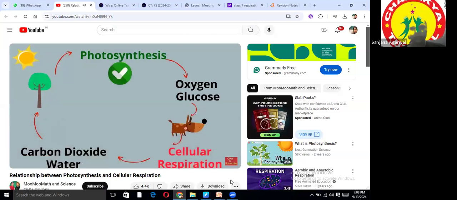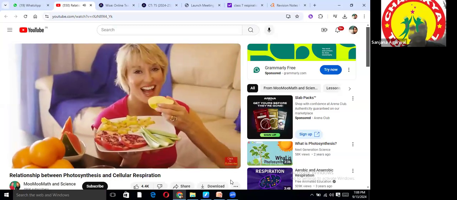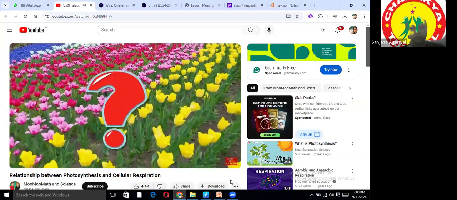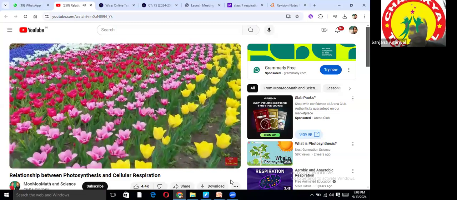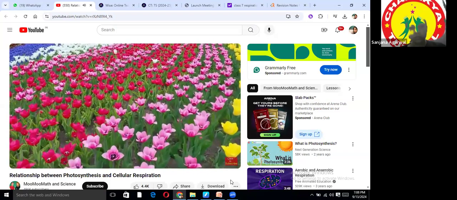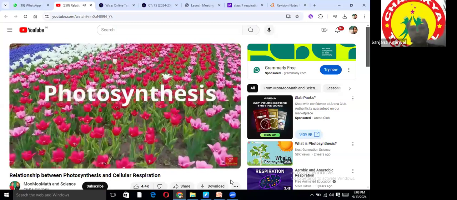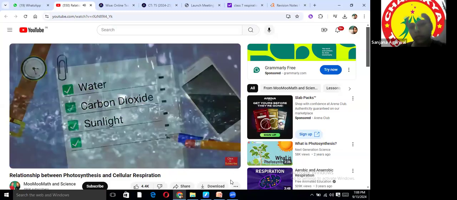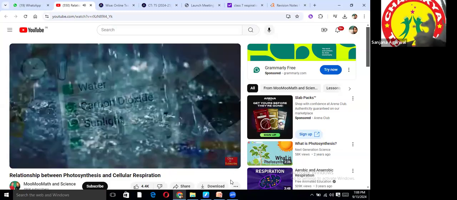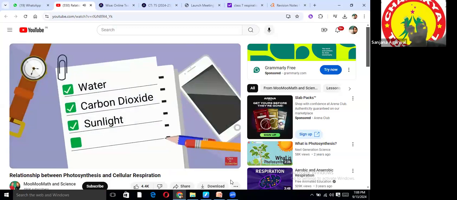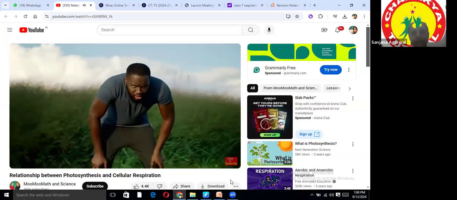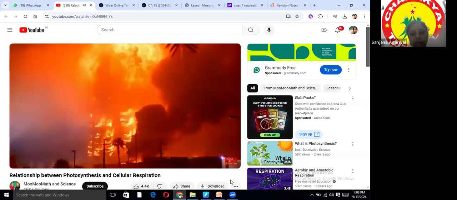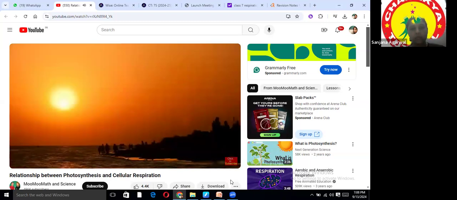In order to stay alive, we need to eat. However, have you ever thought, do plants need food? Yes, but how do plants get food by just standing around all day? Plants get their energy using a process called photosynthesis. In order for photosynthesis to take place, a plant needs 3 items: water, like you see in this rainstorm, carbon dioxide found in the atmosphere. In fact, we breathe out carbon dioxide, and it's also released into the atmosphere when we burn organic objects. And then last, sunlight. So here's how it works.